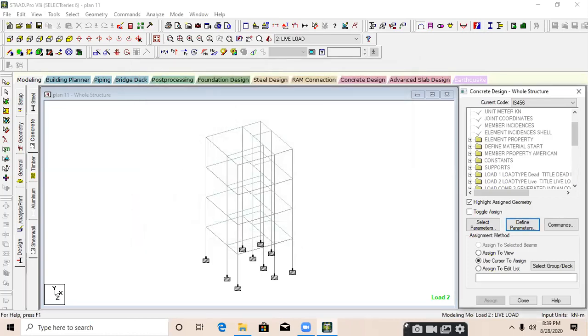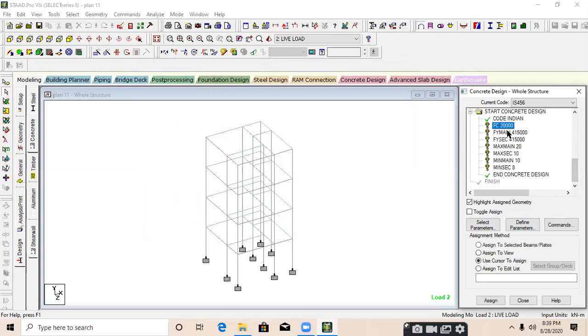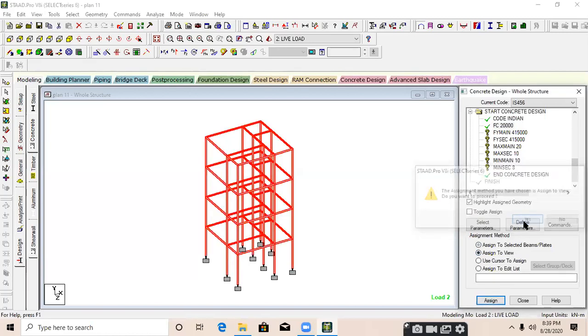We have assigned some of the parameters, and now we need to assign those parameters to the structure by a method. I'll use the method assign to view because I want to use the same grade of concrete and the same grade of steel throughout the structure. Select FC, assign to view, assign and yes.